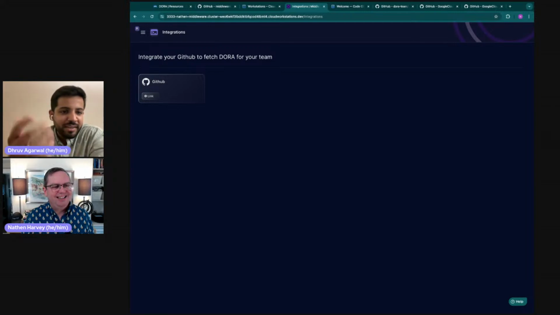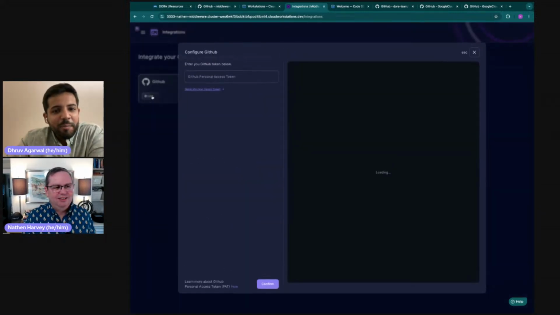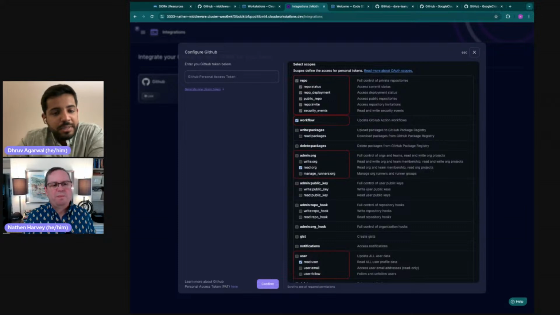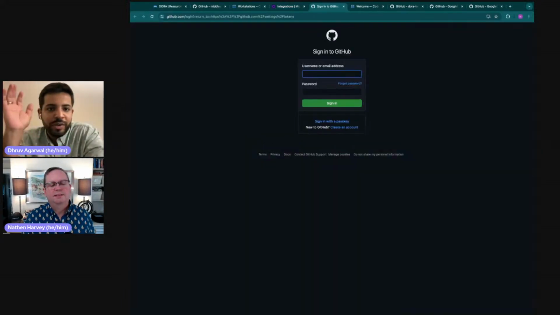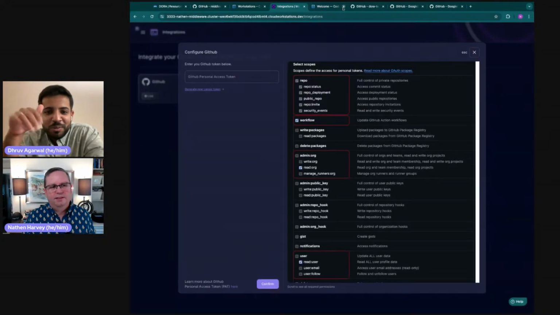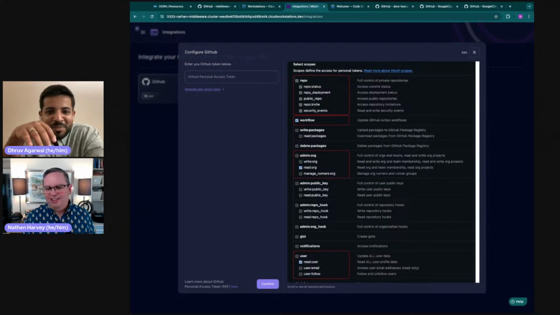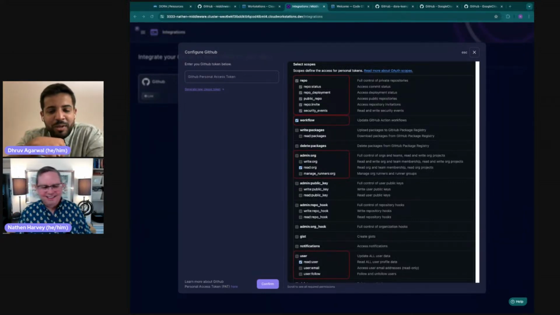So now we link our GitHub, and for that, if you just click on link, we'll put our personal access token, and there are some instructions on how to do it. There's also a little link which lets you open that on your GitHub itself. So if you click on that, generate new classic token. Gotcha. It would ask you to log in. Yep. And once you do this, I would really advise you to stop sharing a screen so that we don't take a note of your personal access token.